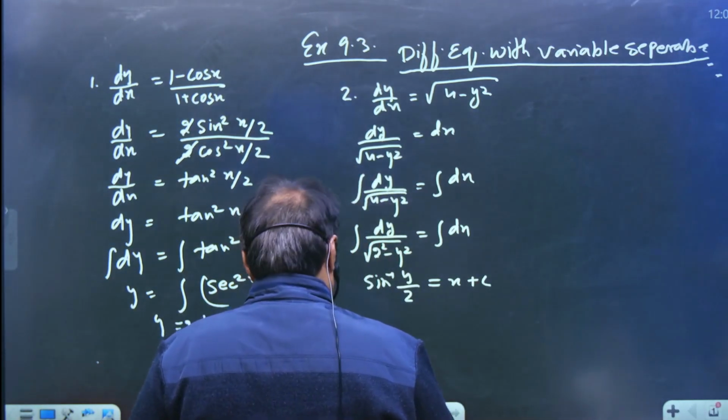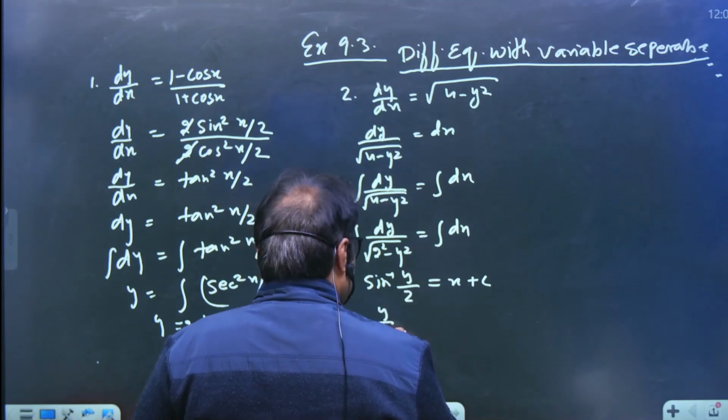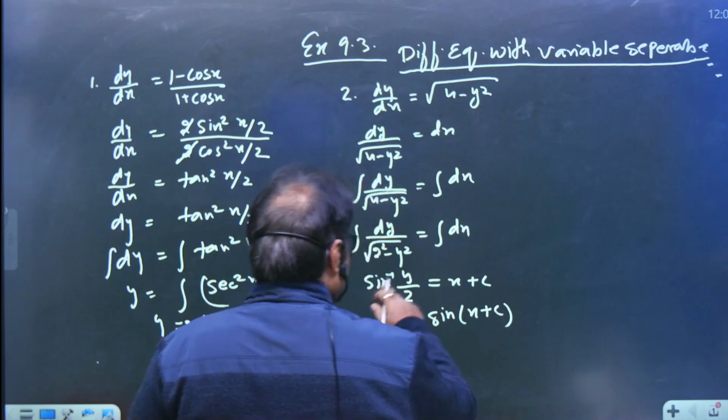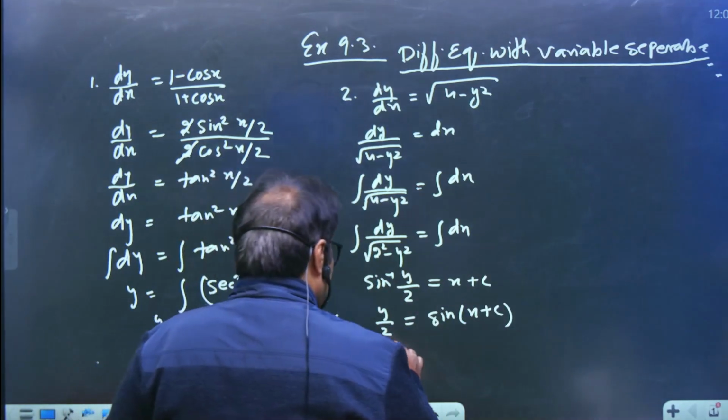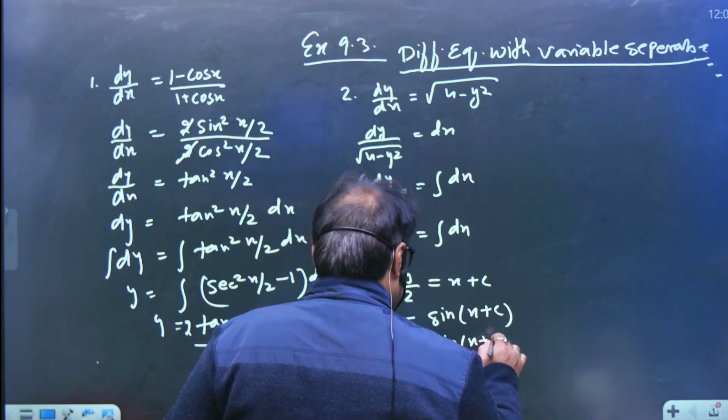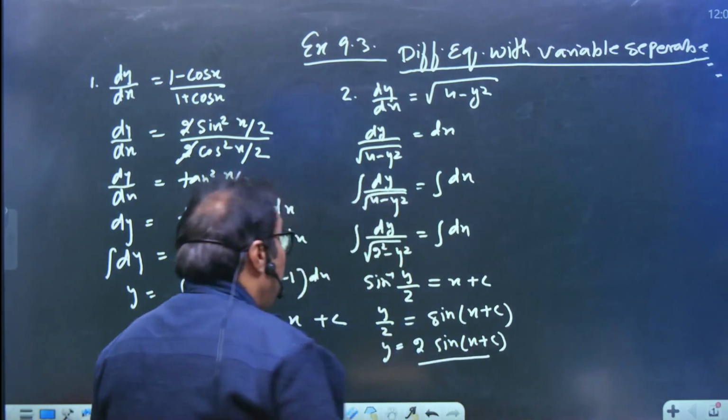So the y by 2, this can be written as y by 2 is equals to sine of x plus c. Transfer this inverse to the right hand side. So y is equals to twice of sine x plus c and this is the final answer of this question